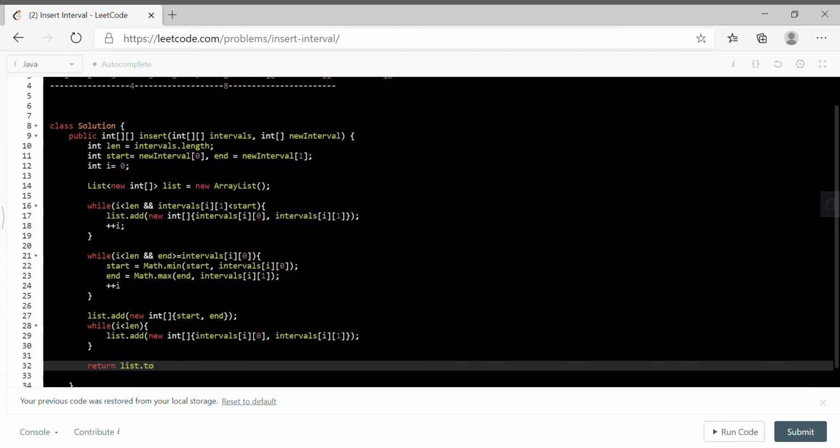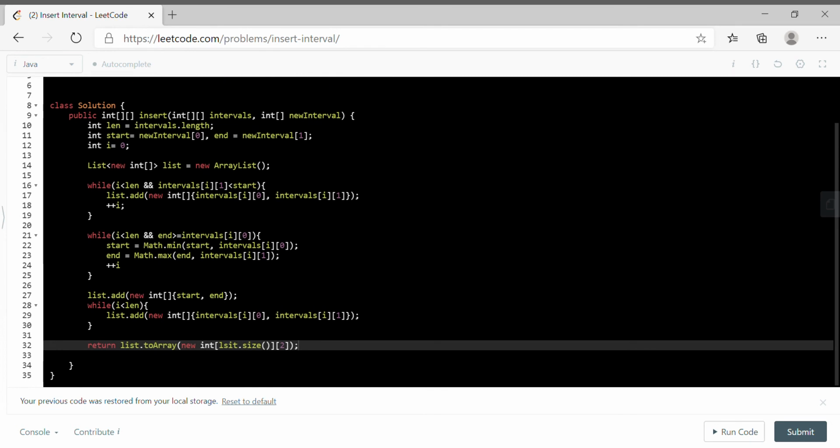So we can convert it with toArray, which is new int. What is the size? We can get it from the list, because we have added this number of intervals as the total size. That interval will be start and end, right?